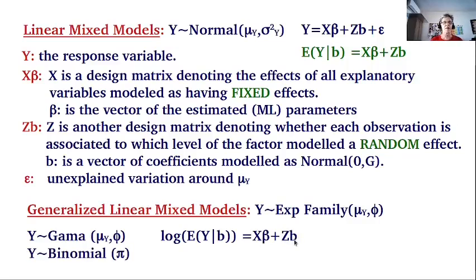If we were to have a binary response variable with a binomial distribution, its main parameter is p, the probability of observing a given value, either zeros or ones. And now we would use a logit link function in which the logit of the mean of the response variable conditional on the estimation of the coefficients b is again the linear composition of the fixed effects and the random effects.